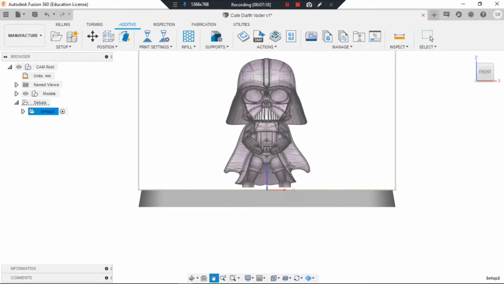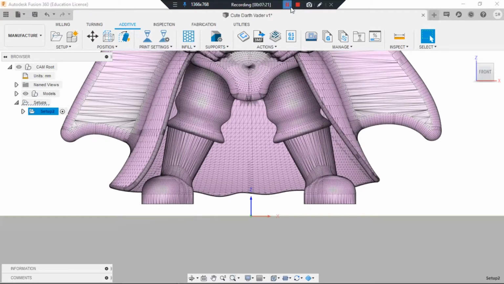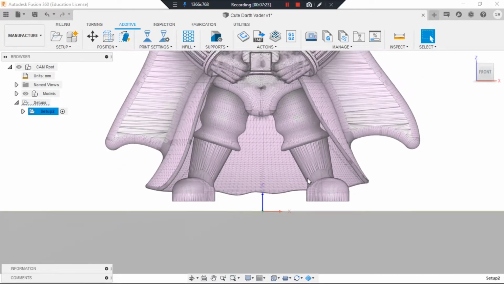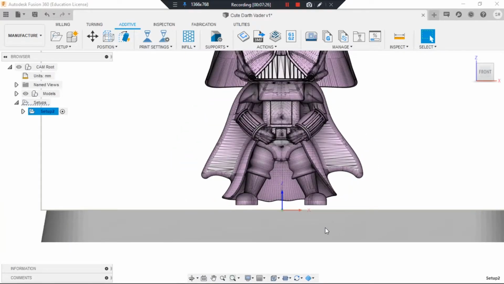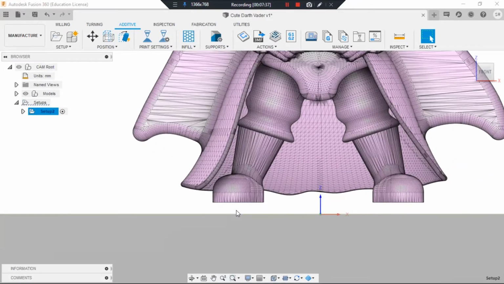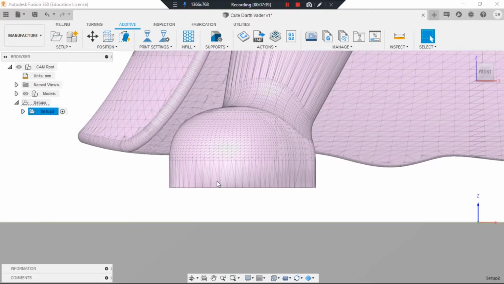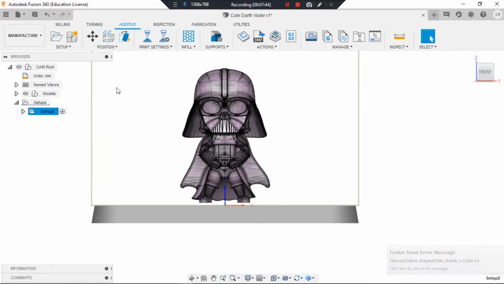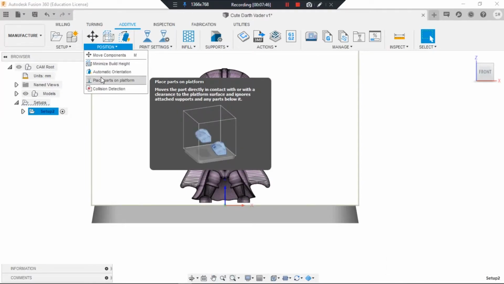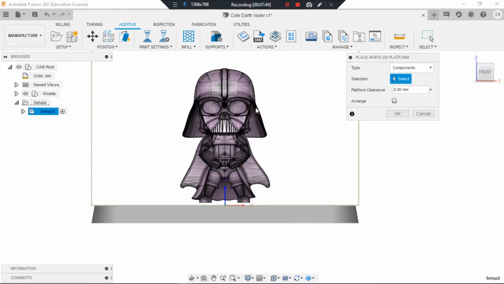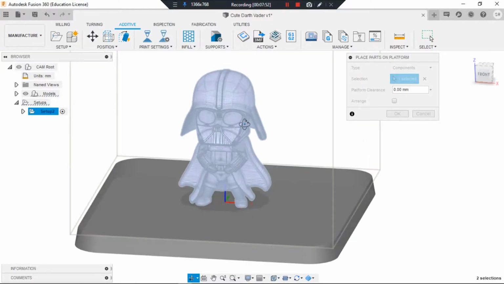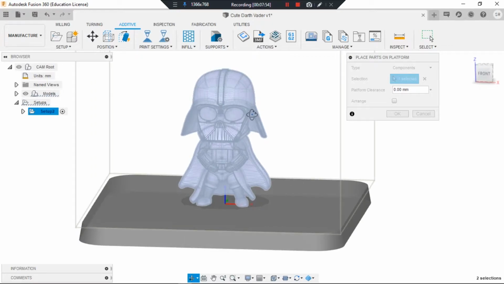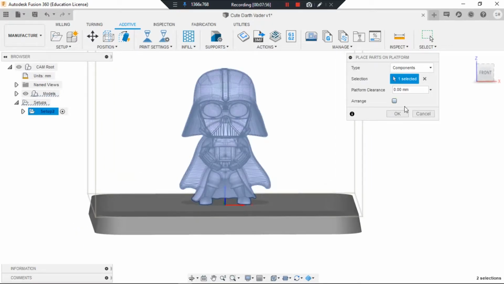Okay, and then if you see here, there is still a space between the foot of this workspace and our simulation workspace. Our simulation workspace has a little bit of space between the workspace and the platform. So how do we change it? We just simply click place on platform, so there will be no space between the workspace and the platform.